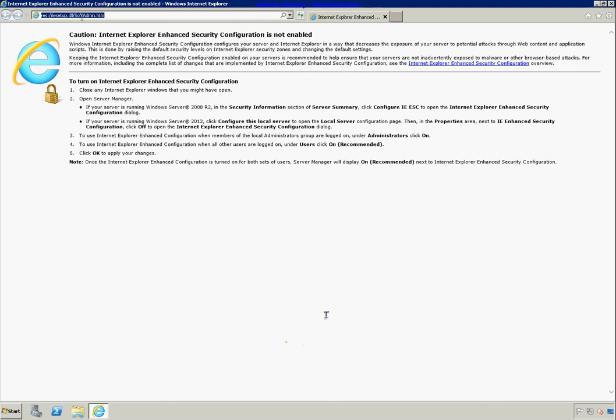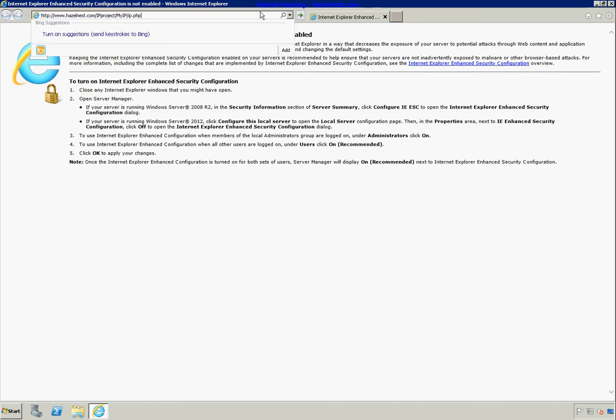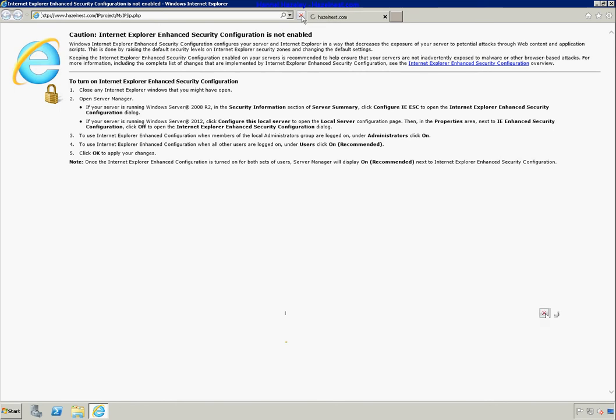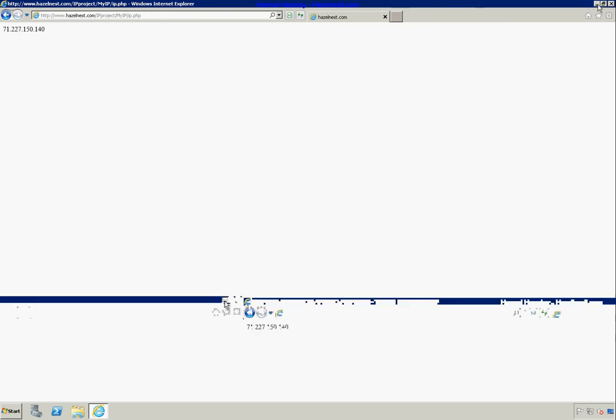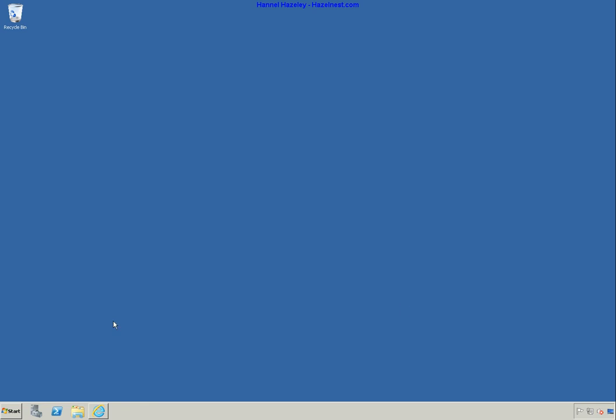So that script we just uploaded, this is the path I uploaded it to, and I hit go, and this is all it gives. It gives you my external IP, which is all we need for this part of it. So the next step is we need to